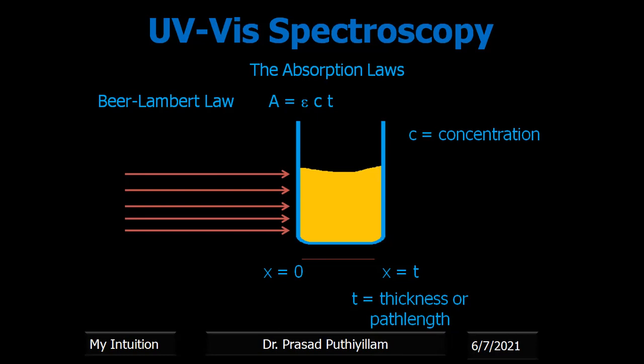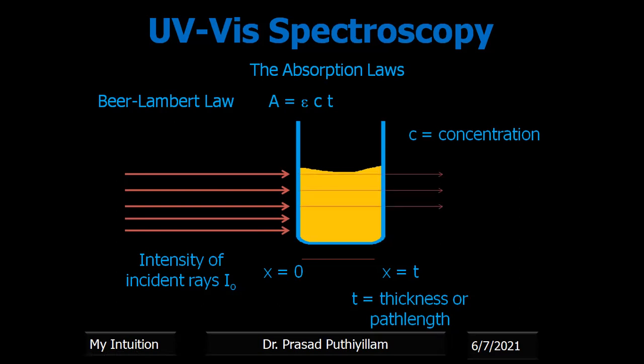Then we can say that the number of photons falling on a particular unit area, in meter square or centimeter square, in a given second, will be the intensity. So intensity has nothing to do with the energy. How many photons, or how much of the same monochromatic light you are giving, is known as the intensity of incident rays. How many photons are coming to this sample, we call the intensity of incident rays, which is represented as I0.